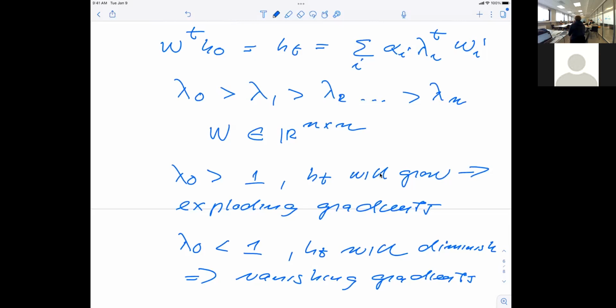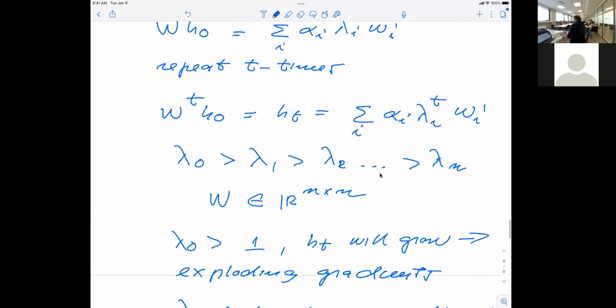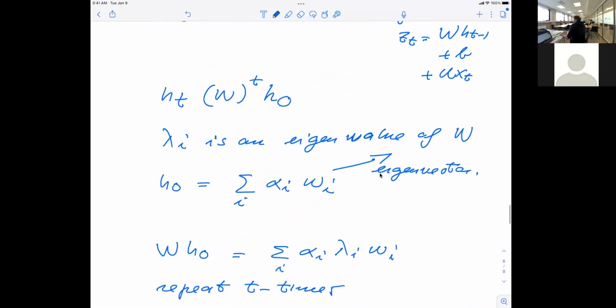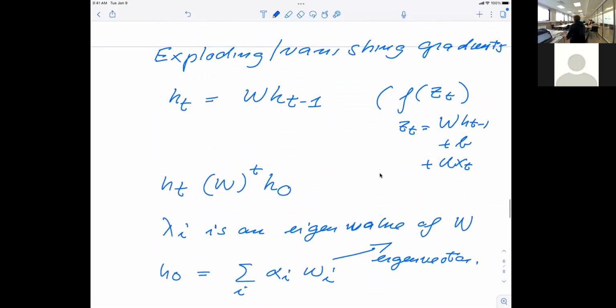So this is not given, right? Because your matrix doesn't need to be symmetric either. So here I made the assumption that they have a symmetric matrix, just to simplify the mathematics. And also to take away some of the complications, I also now assume that my output is not modulated through an activation function. Because the normal situation is that you choose an activation function like a ReLU function or similar ones, and you feed the input through that one in order to produce a new output h of t.